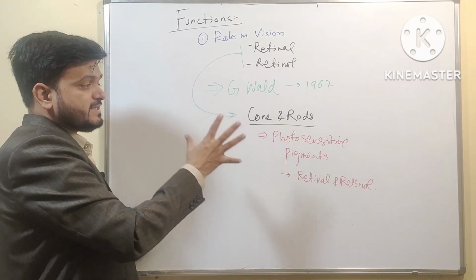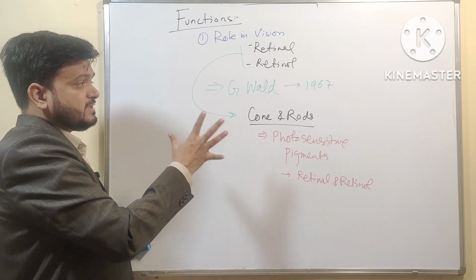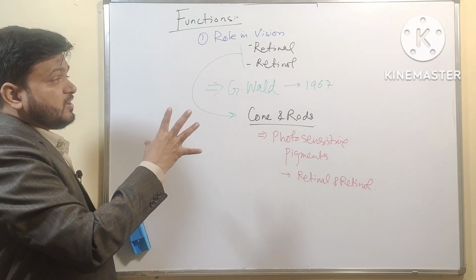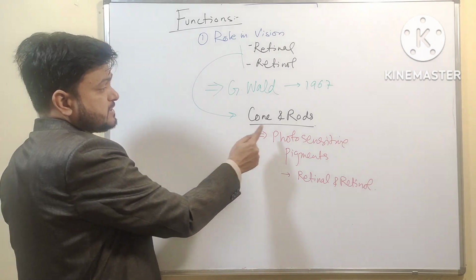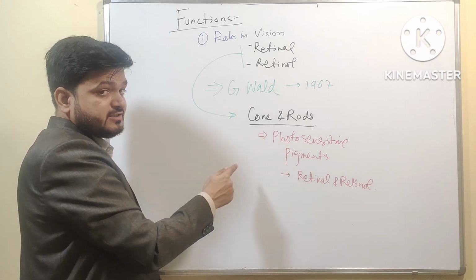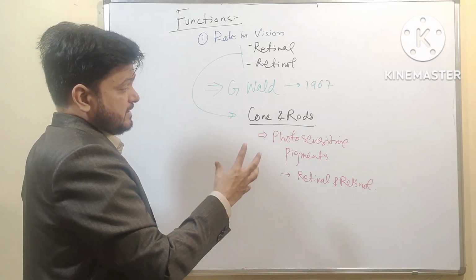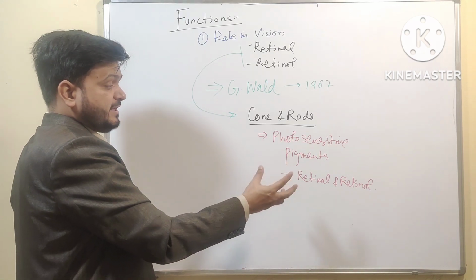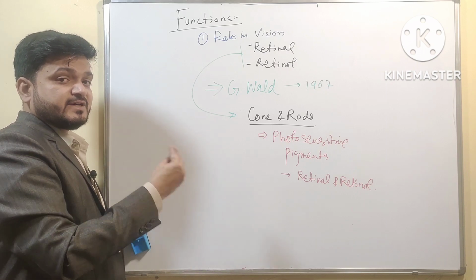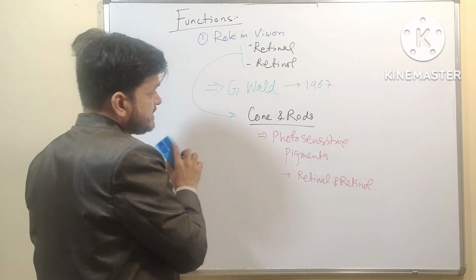So this is a very simple description that we can understand and remember about the role of vitamin A in vision: cones and rods are specialized sensitive cells which have photosensitive pigments, and that particular pigment contains vitamin A. Without vitamin A, the pigment cannot be formed. That is why the deficiency plays a very important role. Now coming to cellular differentiation,